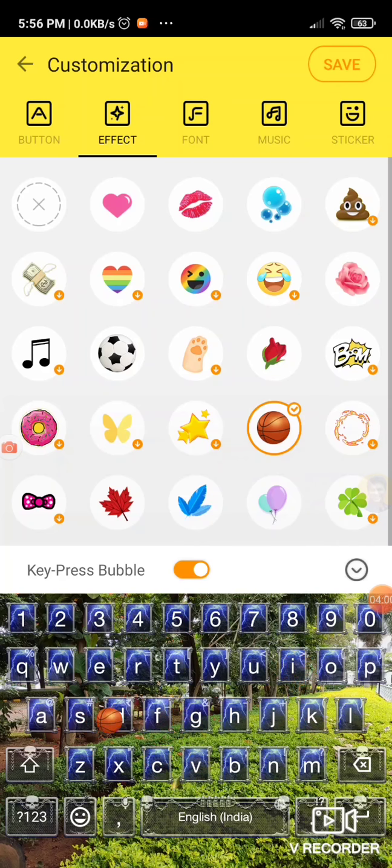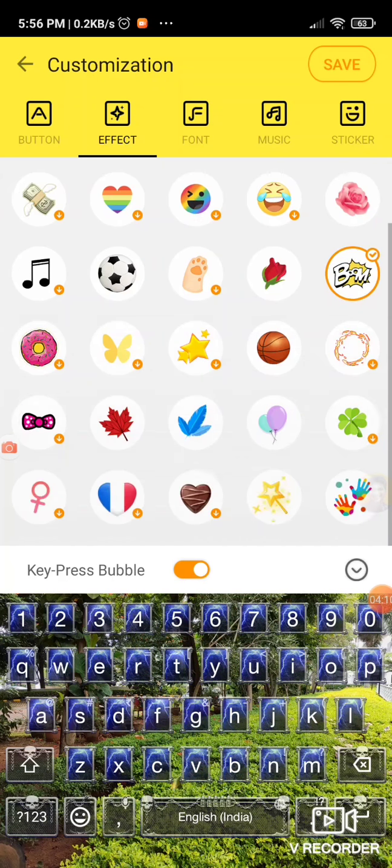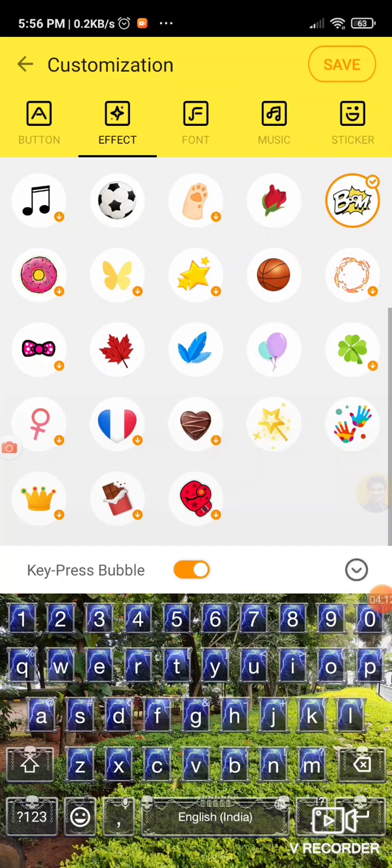Similarly, if you want to select football, you can see football coming out whenever you press any button. Or you want to select boom, you can see boom coming out everywhere, right? So for our demonstration, I will select the chocolate button. So whenever I press anything, the effect will be like a chocolate is popping out.